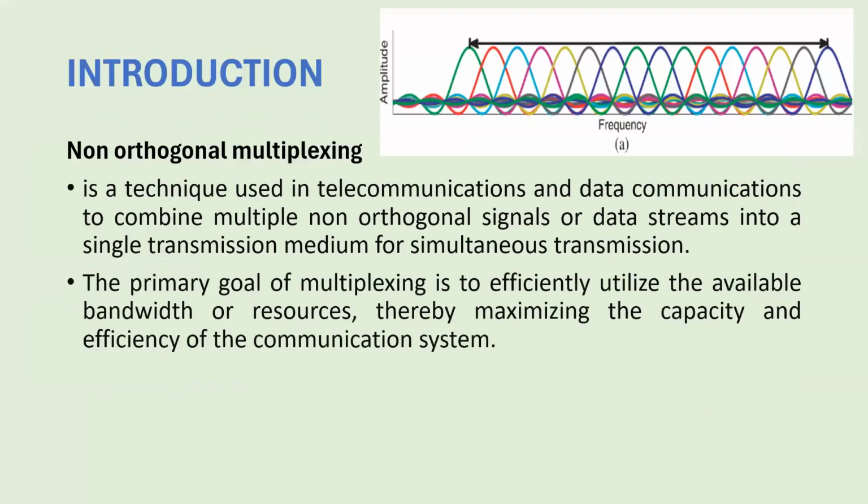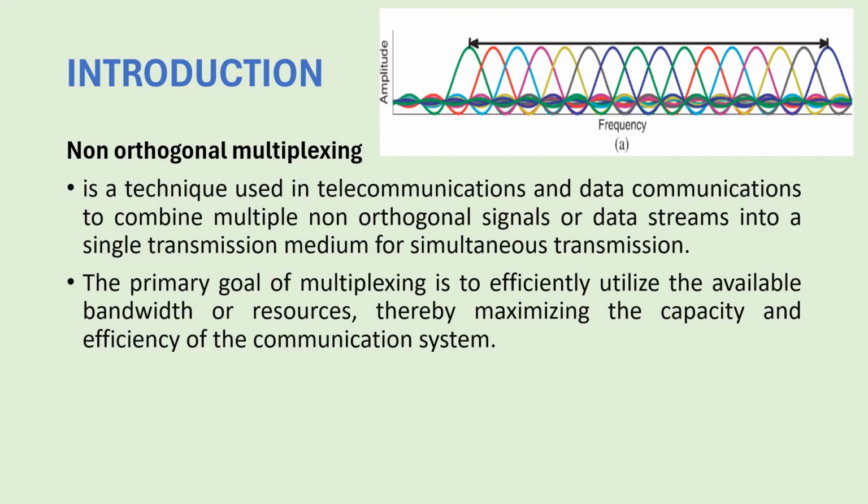So non-orthogonal multiplexing is a technique in telecommunications that is used to combine non-orthogonal signals or streams or light fields from different sources and propagate them onto a single transmission medium. The transmission medium which we shall be using is called an MMF. It's a type of optical fiber cable that is used to propagate the non-orthogonal